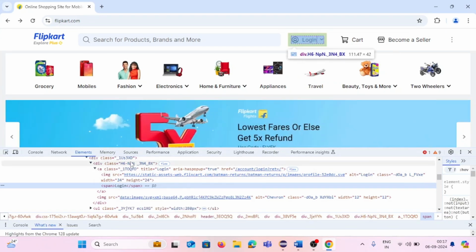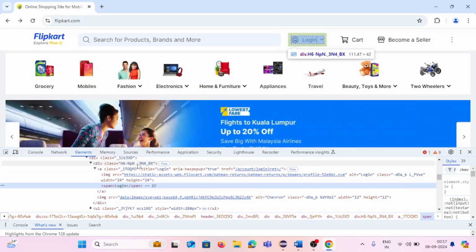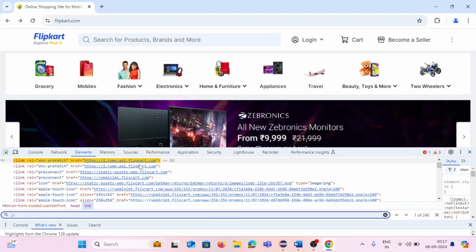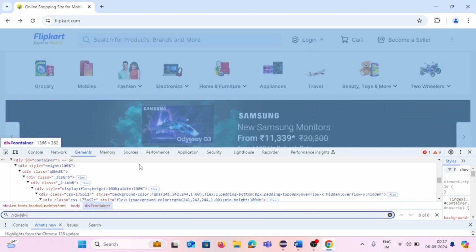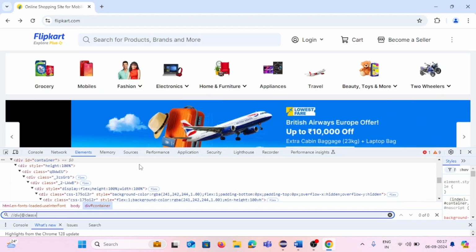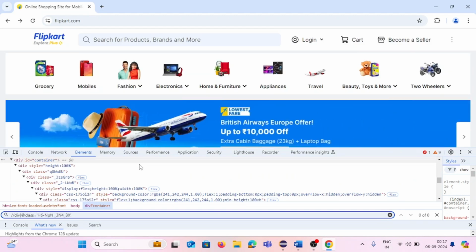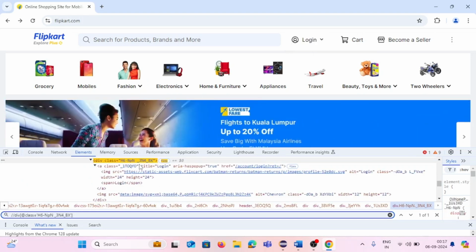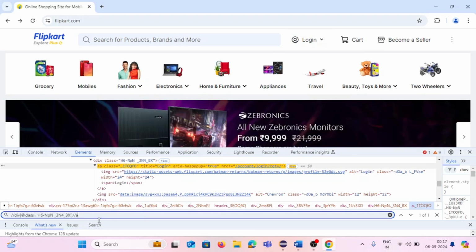We can traverse from this div tag to the a tag. Let's write //tagname[@attribute='value']. Values should be enclosed in single quotes, and for traversing you can directly write //a. So this XPath we can use,